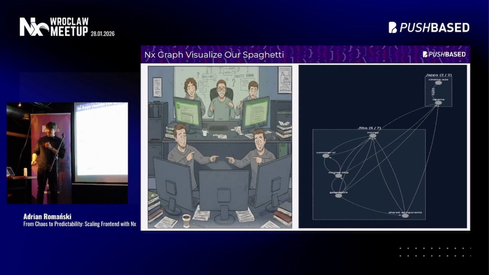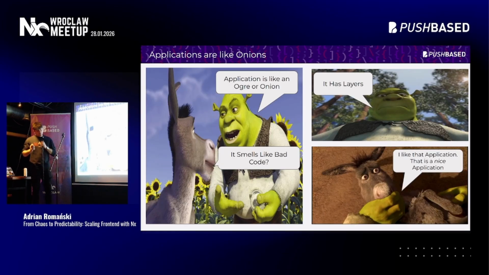So as you can see, the spaghetti is not only a joke. You can see the spaghetti here. So this is a mess. You can see it and tell your friend, look at this bad code you created yesterday. The problem is exposed. Now, coming back to the tools, we have to think about the application like an onion